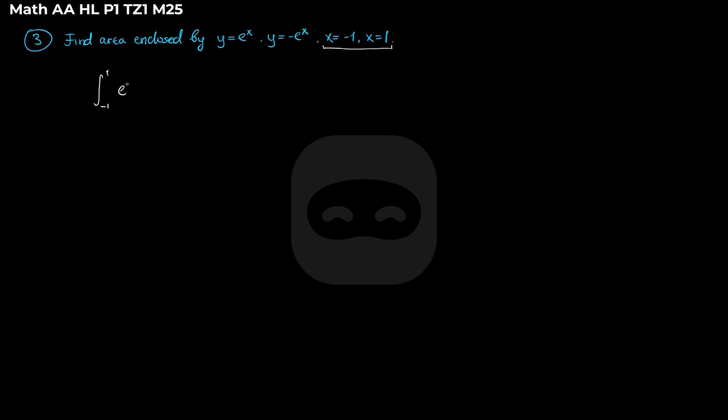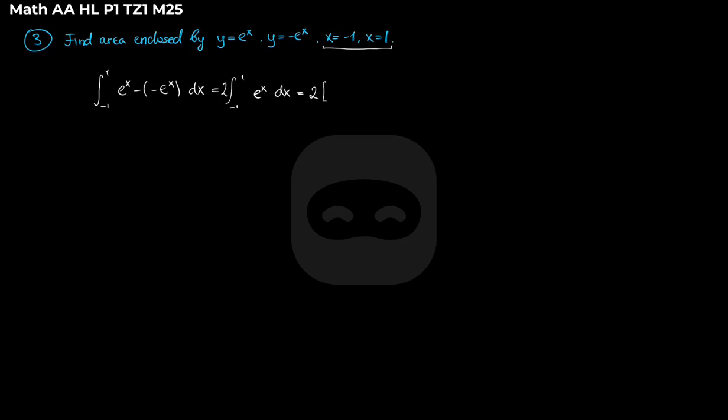So then what we do is we take our e to the x and subtract it from the lower function negative e to the power of x dx. So what we then get is an integral from -1 to 1. Now e to the x minus negative e to the x is the same thing as e to the x plus e to the x, which is basically 2 e to the power of x, and you can see that this 2 can be moved to the front because it is just a coefficient. And this will make our lives so much easier simply because, well, 2 in the front,